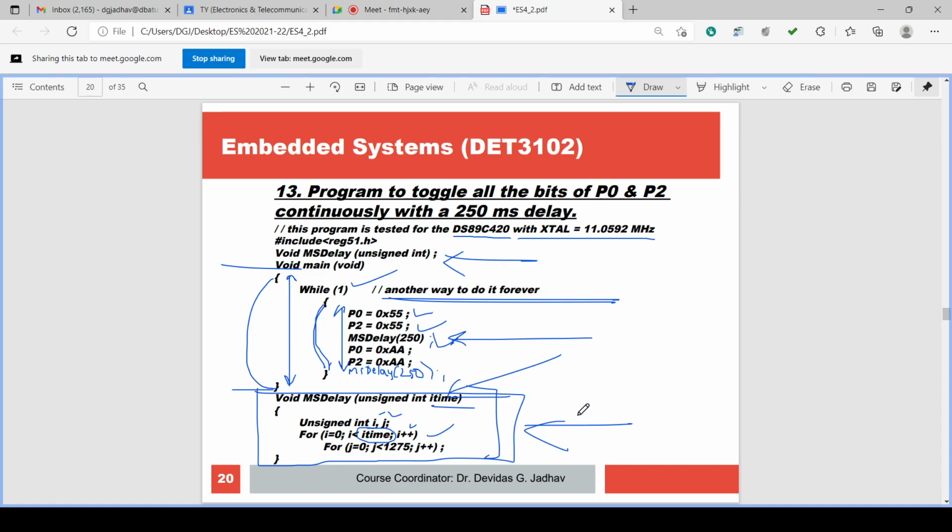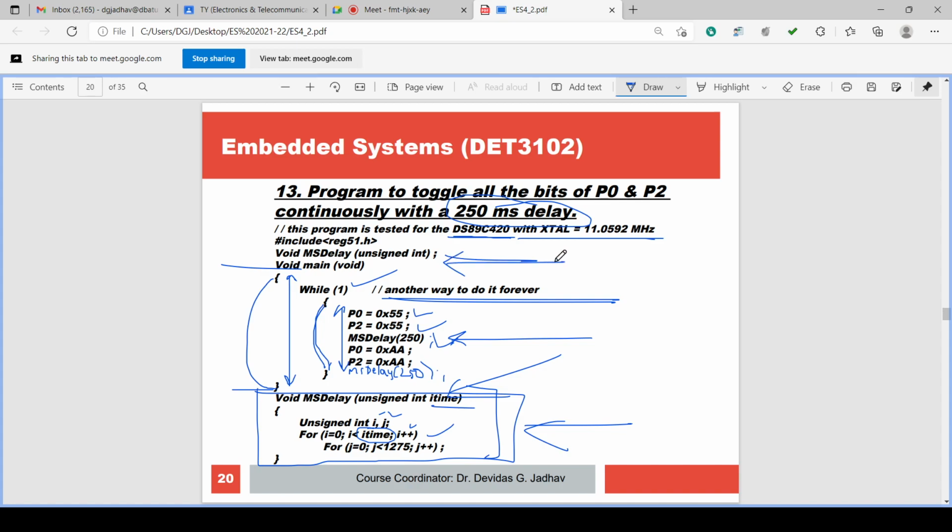Here we are using the MSDelay function. To use the MSDelay function for a delay of 250 milliseconds, we have to consider the IC, the 89C420, and its crystal frequency, which is 11.0592 megahertz.